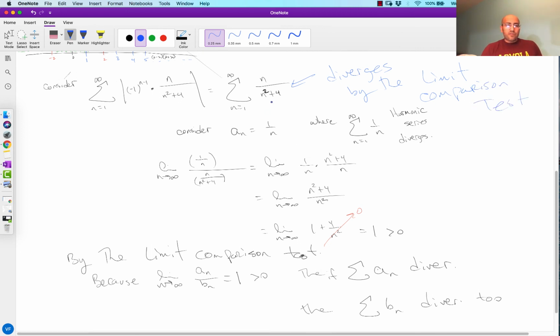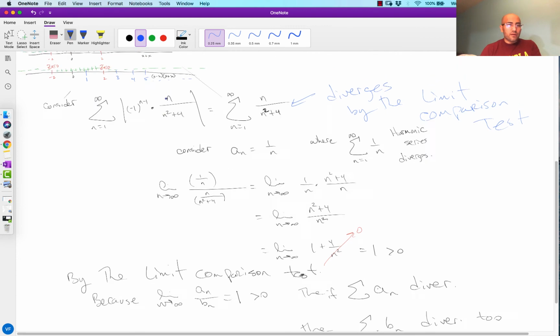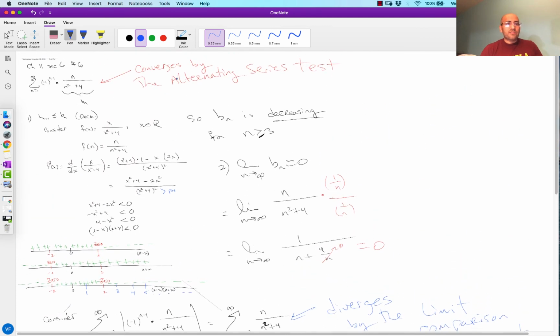So because it diverges, it means that it's not absolutely convergent, but we established that it was convergent by the alternating series test. We just established that it wasn't absolutely convergent. So yes, it converges by the alternating series test, but when we tried to apply a more strict rule to see if it was absolutely convergent, it fails to be absolutely convergent,